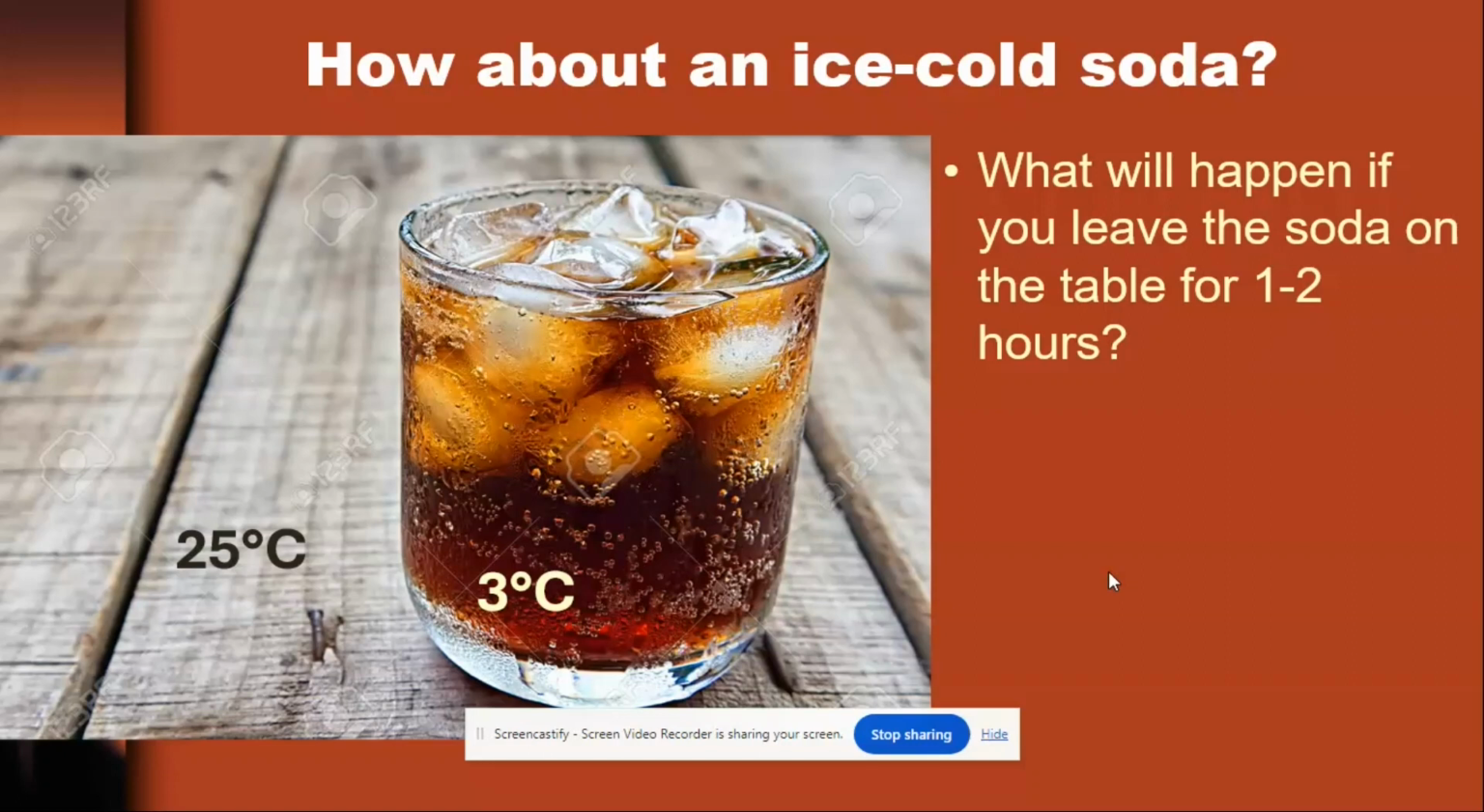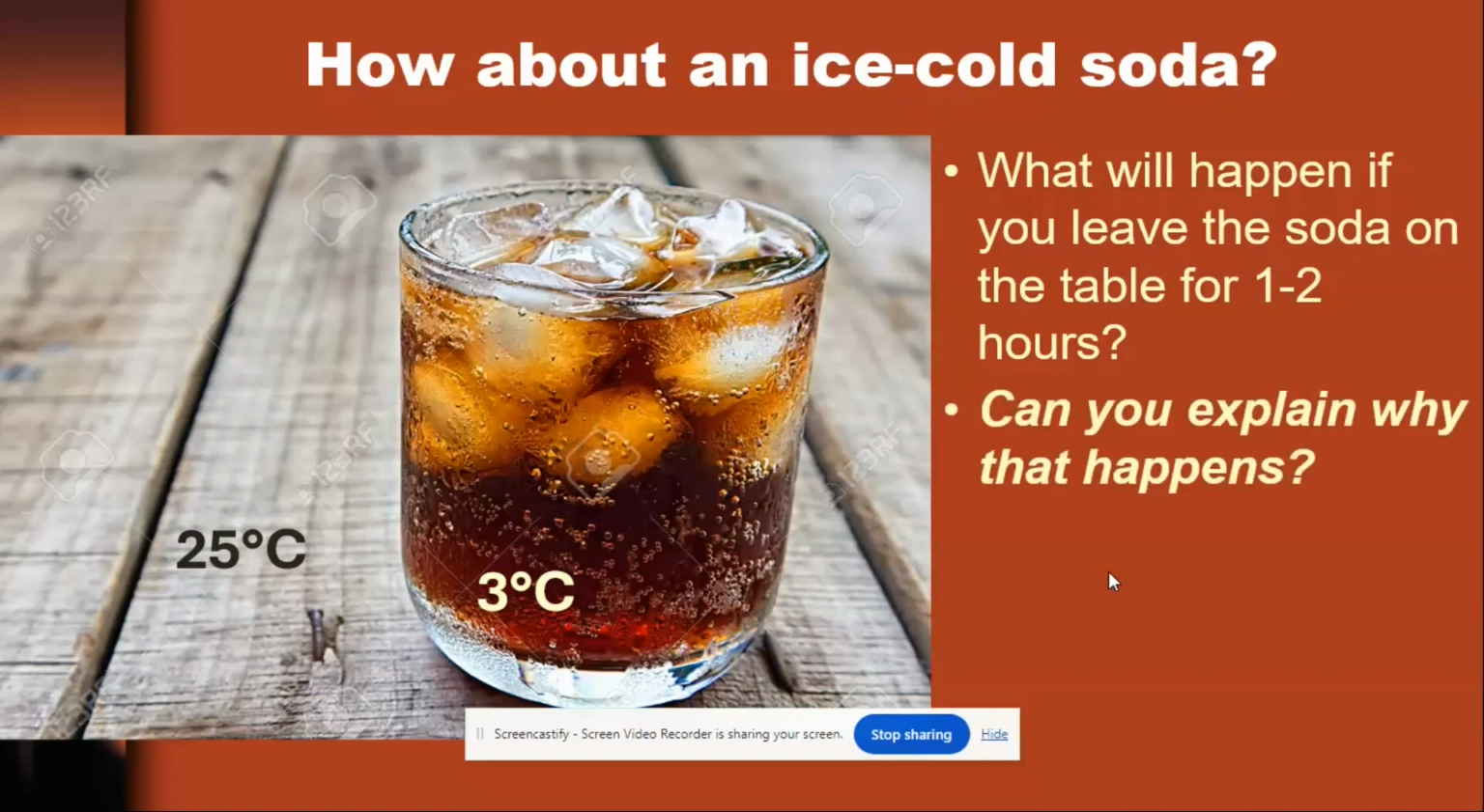Again, people understand that that ice will begin to melt. Once that happens, the soda at one point, and we'll talk about this more in a little bit, will begin to warm up. So a similar situation, but the soda is not going to cool down, it's going to warm up. And again, the question is, can we explain why that is happening? So I tell about these two